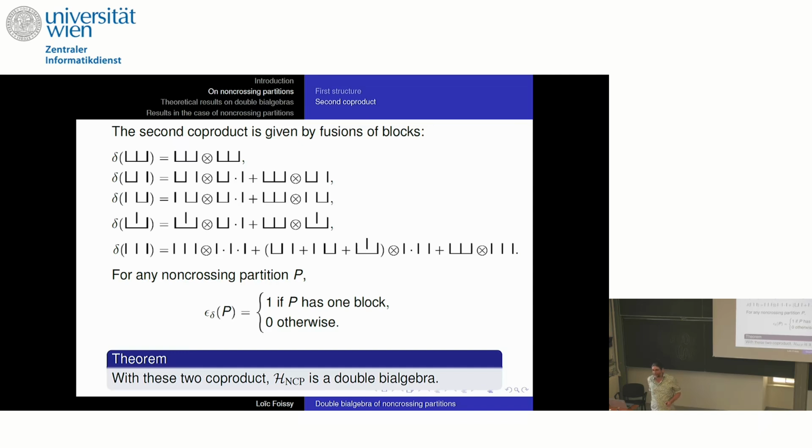There are other ones. For example, you can say that all non-crossing partitions are primitive: P tensor 1 plus 1 tensor P. It exists. I think it's more or less useless, but why not? But